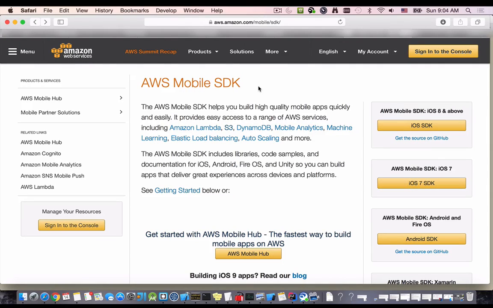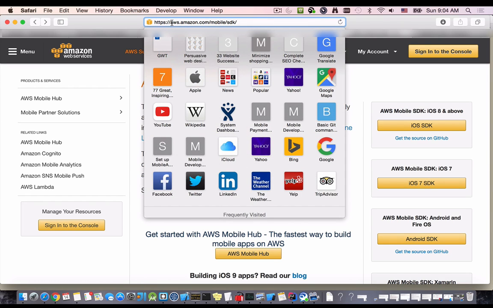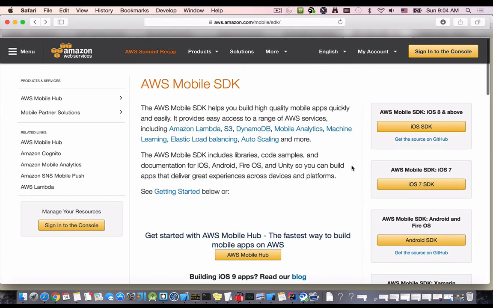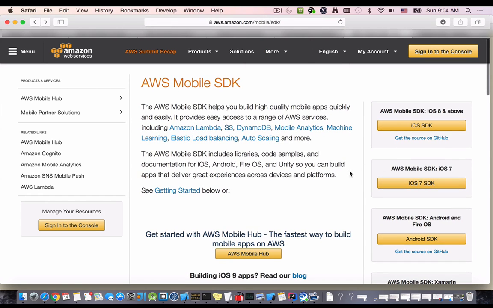In this video, we're going to learn how to download Amazon Web Services Mobile SDK and how to configure our Xcode project. To download Amazon Web Services Mobile SDK, we will need to go to a web page that has the address aws.amazon.com/mobile/sdk. And that will open a page with different links on how we can get the iOS